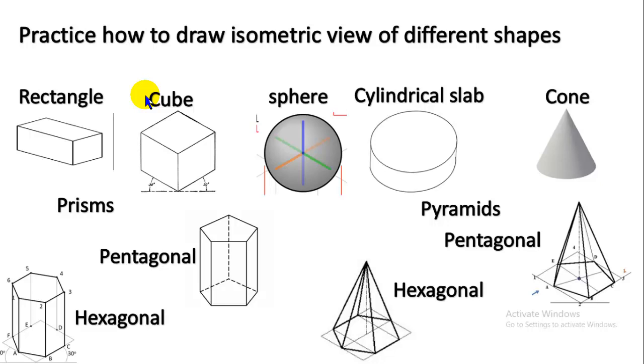because here they will give only a combination of these. Combination means on the cube a rectangle is there, on the rectangle a cube or sphere is there, on the cylindrical slab a cube is placed, on the cylindrical slab a cone or pyramid is placed, like this. Only a combination of these shapes they will give. If you know how to construct these shapes, you can do it in combinations also. And moreover, if you're not able to do the combination one above the other, construct the two shapes next to each other, and you can get minimum 20 marks.